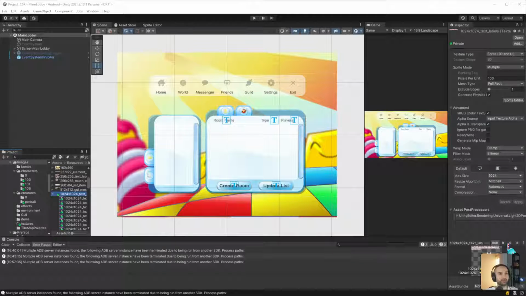Okay, so I will bring that into this area here pretty much. It'll be images GUI. Yeah, it'll go into here somewhere. Okay, so now that it's in here, when I search for label, there it is.